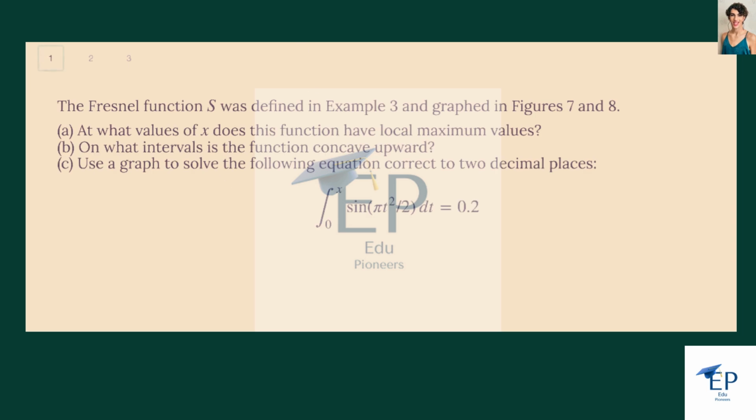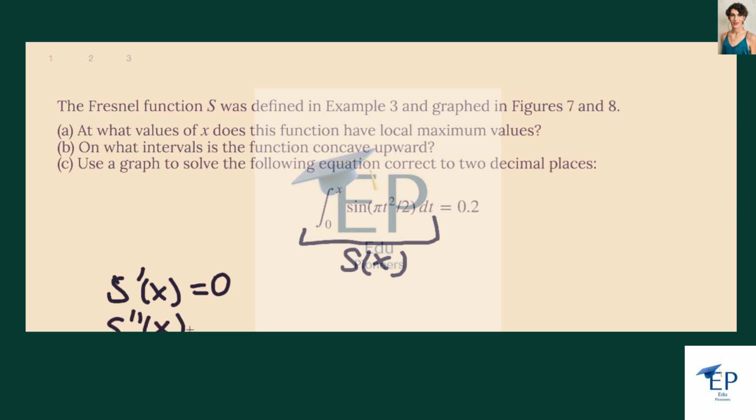So this function in your textbook is defined by the formula that is given here. This is called S of x. Local maximum means we want the first derivative to be 0 and the second derivative should be negative. Right? So let's compute the first derivative by the fundamental theorem of calculus. That should be sine of pi x squared over 2, and the second derivative